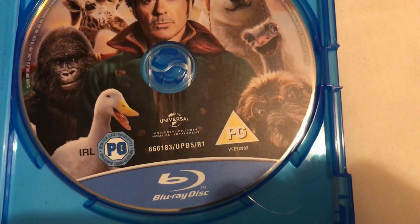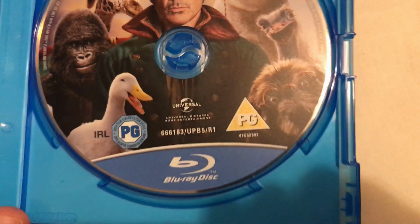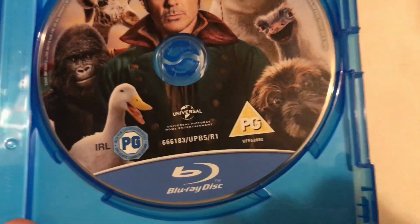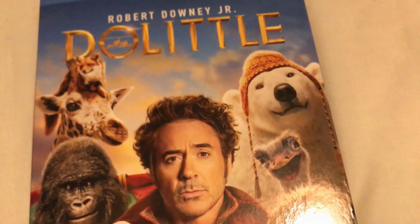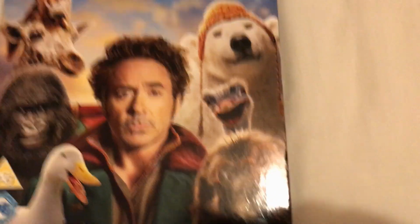As I said, I really enjoyed this film when I saw it back in February, and I might give this film another watch again in the future. As I said, the Dolittle film with Robert Downey Jr. is a bit different to the ones with Eddie Murphy in, but it's still a really enjoyable film